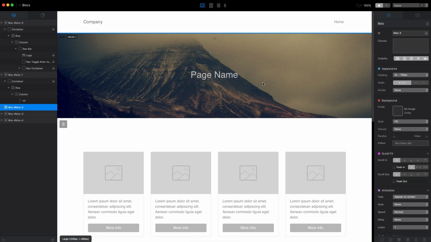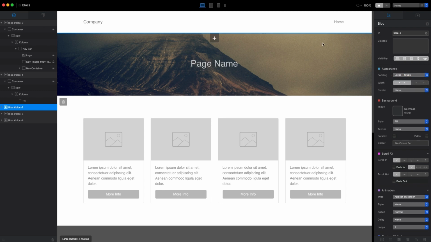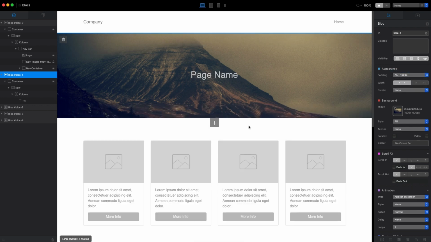So here we have the Blocs project and it looks fine. I mean, we have 3 blocks, the header and 2 content blocks, and if you click on any block, we have these padding settings in the sidebar. So we can set it to none, full screen, or anything in between. So for example, 100 can be an option here. Here as well, we can change it individually to 100. So maybe for the header, I will use 150, and for the desktop, something like 100 will look the best